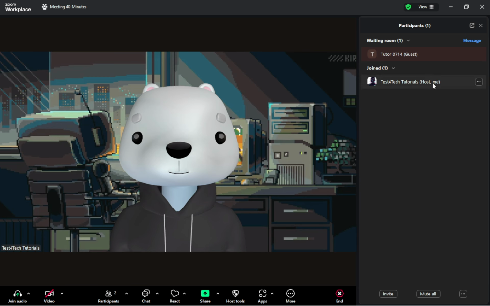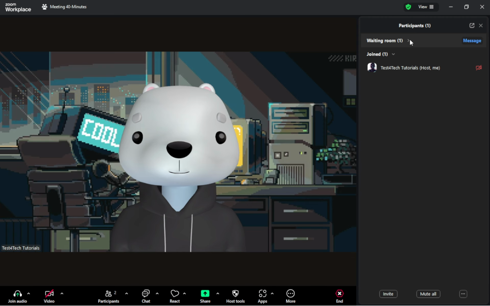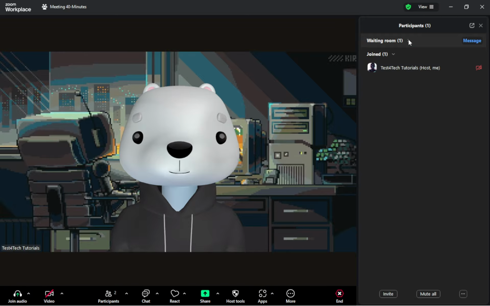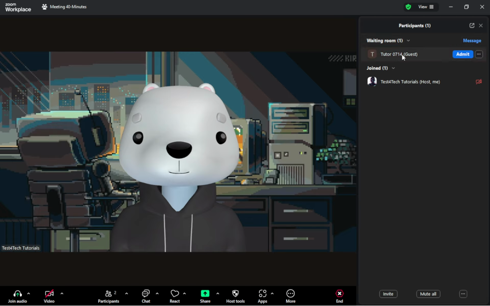Now, in the Participants pane, you should spot a section marked as Waiting Room, or you might simply see participants who are listed as In Waiting Room. This is where you have the opportunity to manage admission into your session. Paying attention to this part is crucial because it's from here you'll allow people to enter and join the ongoing